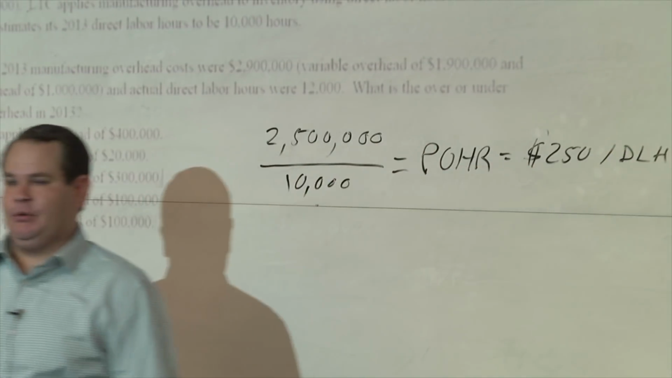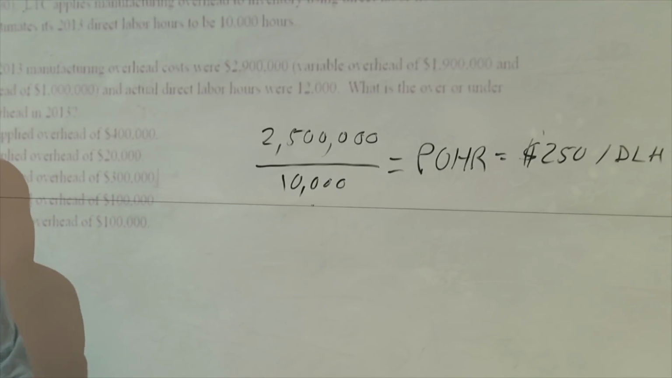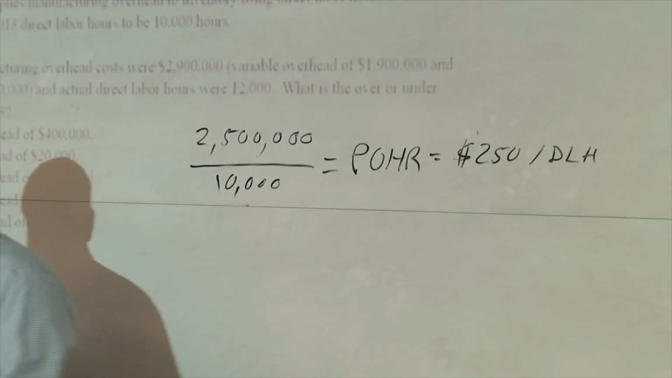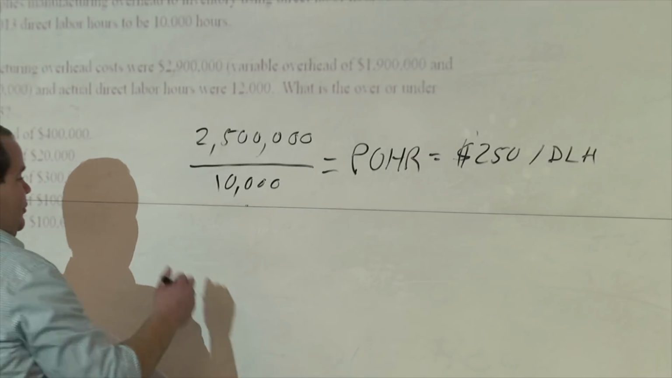Just so we're all following along, this was the beginning of the year. This is what we estimated. We estimated our costs, and we estimated the direct labor hours. So this is what we're going to use to apply our overhead. Now, the end of the year comes, and we need to apply this overhead. We're going to apply that overhead to the actual amount of direct labor hours. So what does that look like? We have our $250